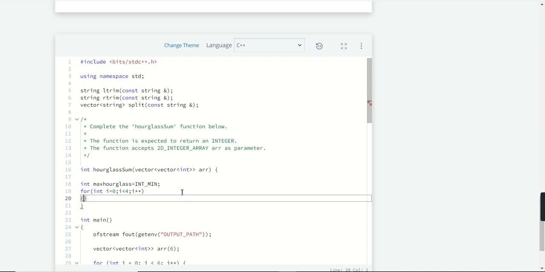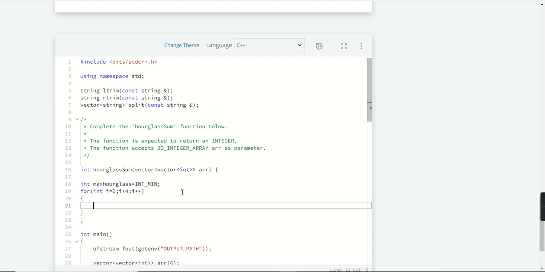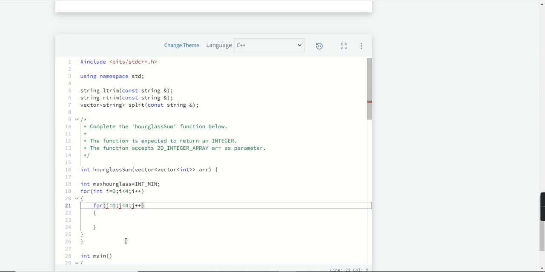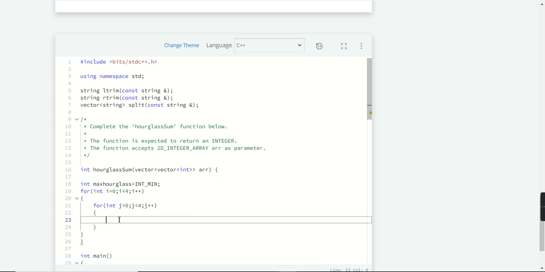Now inside this for loop again we will use another for loop for j also, like for j equal to 0, j less than 4, j plus plus. Then I need to initialize. Now I will take another int temp variable to store the maximum value.